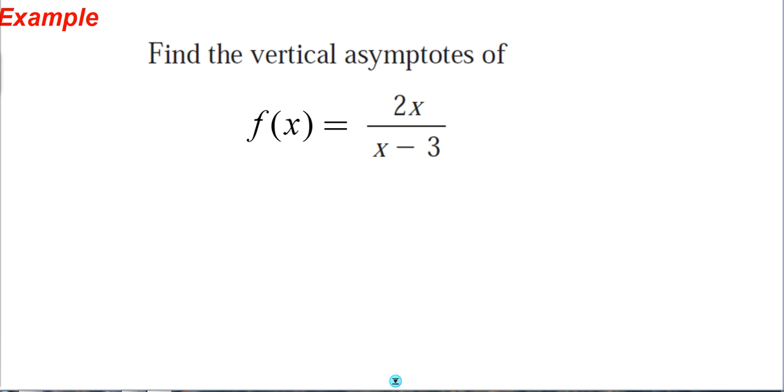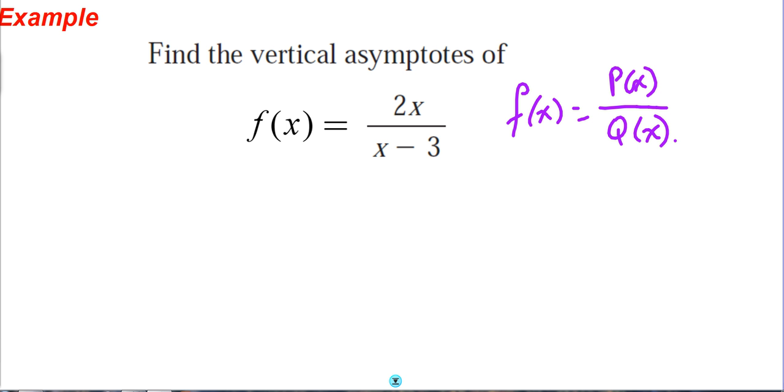Okay, vertical asymptotes will only exist for rational functions. This means functions of the form f of x equal p of x divided by q of x, in which case you cannot cancel out q of x. Like this function here, 2x all over x minus 3, has a vertical asymptote. We can easily find the vertical asymptote. You will see that the limit as x approaches 3 of this function will be infinity. One of the limits will be infinity. You can sketch the graph to see, but